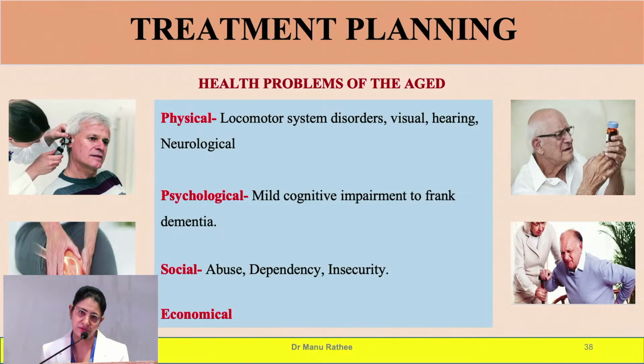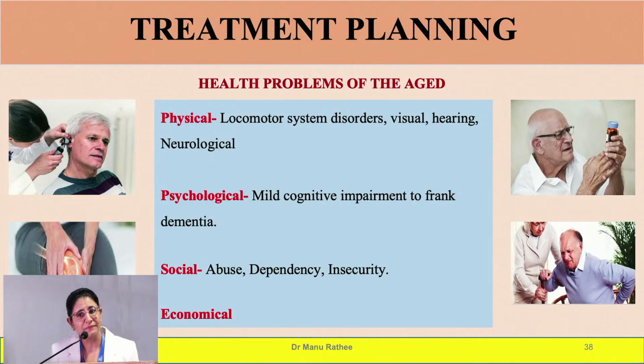Then how do we go about the treatment planning? Dear students, you do the treatment planning for every patient, undergraduate as well as postgraduate. That is, after history taking and examination, treatment planning is the next step. However, the treatment planning approach is totally different for young adults and the geriatric population. In what way? Because a few newer dimensions are to be incorporated in treatment planning for the geriatric patient,